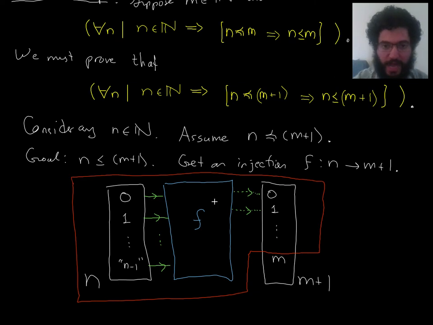And then that should be a situation to which my induction hypothesis applies. Because if I collect 0 up through m minus 1 here, then this is m. That set is m, right? Then I have an injection from n to m. And so n is less than or equal to m. And so n is less than or equal to m plus 1. So that's an easy